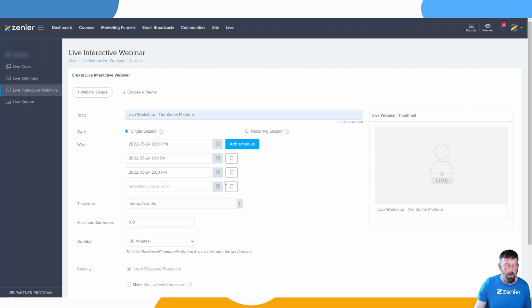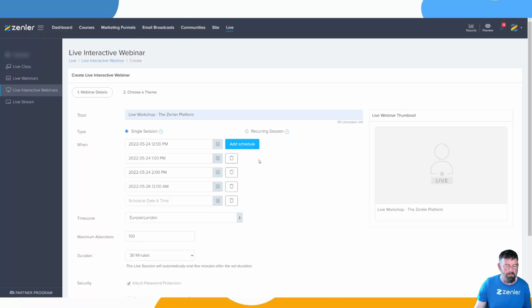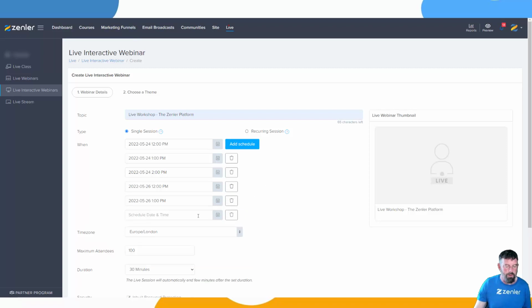Now I'm going to do another one for a different day. So let's choose something like the 26th there. Let's do that at 12 o'clock. Let's do another one here for the 26th again, and make this 1 p.m. By the way, I'm just going to make this PM here. You can notice that you can go in and re-edit these as well. So let's make one more for this. Let's do it on the 26th again, for 2 p.m. So I've got my schedules all set up in there on 2 different days, and I have 6 schedules booked in there.